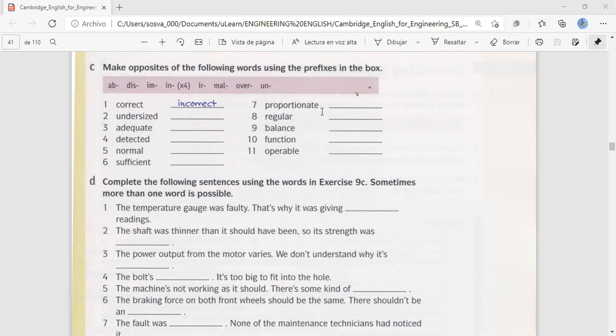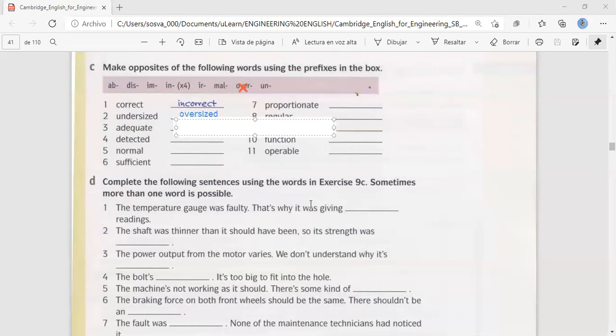Well, in this case, undersized, I understand with antonyms, opposites like oversized. In this case, oversized. It's like the opposite, as you said, of under, over. So let me write in here, oversized. And we can cross over.